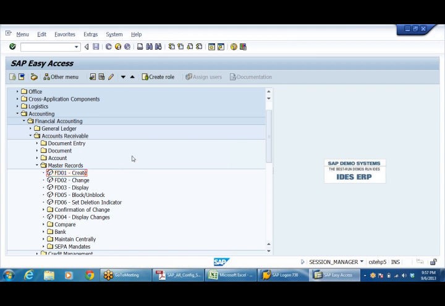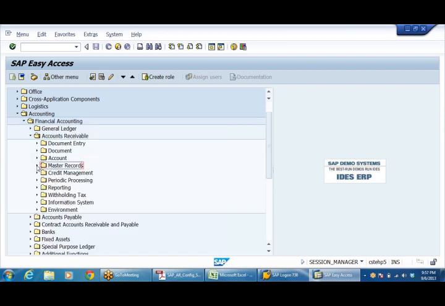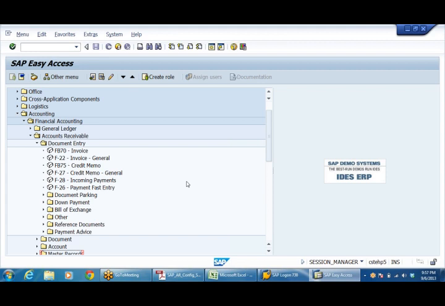Now the customer is ready. We have the GL account, sales and sundry debtors ready. Right, now let us post an accounting entry. First we'll post the entry and then we'll see the GL account, customer account, everything. So in a real scenario, if you want to raise a customer invoice, we don't raise it. Sales and distribution, that is from the warehouse, they'll raise it and it will be already generated and automatically posted into financial accounting. But since we do not have any sales and distribution settings, that is the job of the SD consultant, whatever entry flows into financial accounting, we'll directly post that entry into financial accounting.